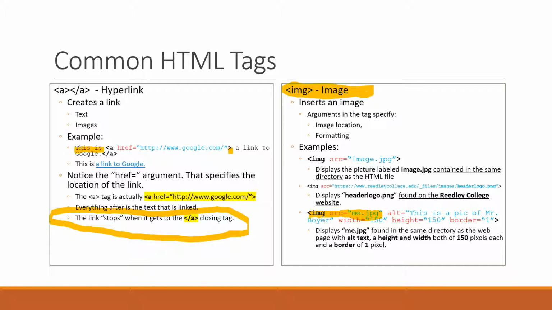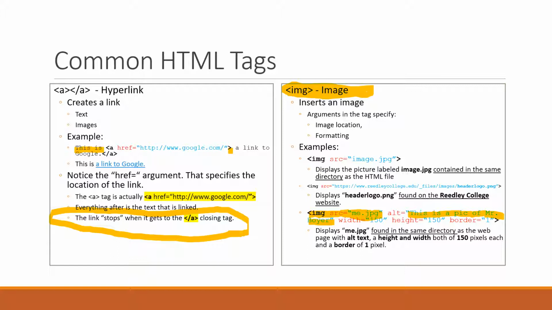This me.jpg might be a picture of me, so the alt text says this is a picture of Mr. Boyer. And then the next argument, width equals 150, height equals 150. What that means is I'm going to make this picture, no matter what size it is, it might be 1,000 pixels in each direction, but I'm going to shrink it. I'm going to resize it so that it's 150 pixels tall and 150 pixels wide. I may not always want to do that, and I'll explain why